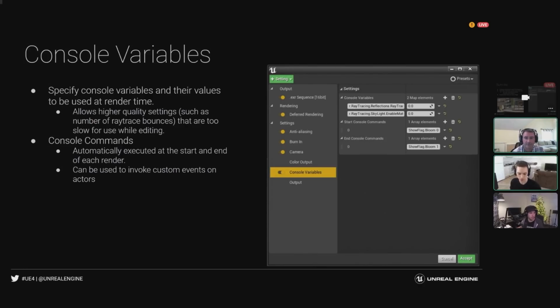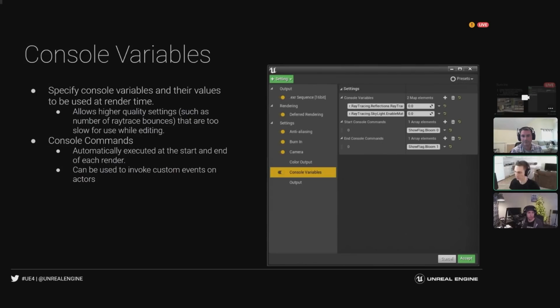And they're too expensive to edit in real time with. But when you go ahead and render it out, you want to apply them. So this allows you to put these in here in this list with their new value. We will automatically store whatever value you're using in the editor. We'll apply the new one here, we'll render, and then we'll restore it at the end.